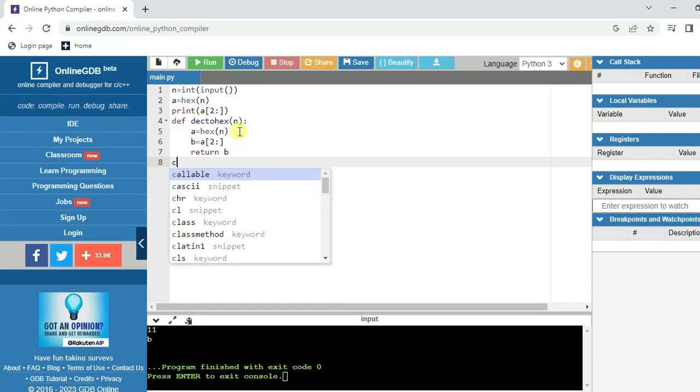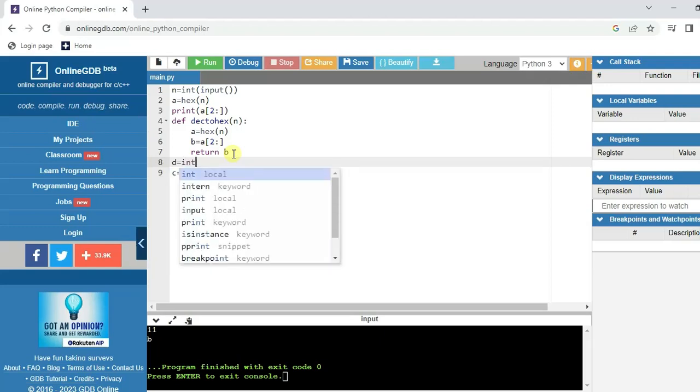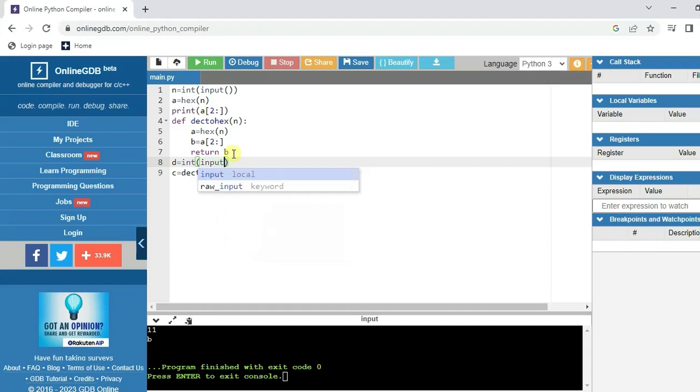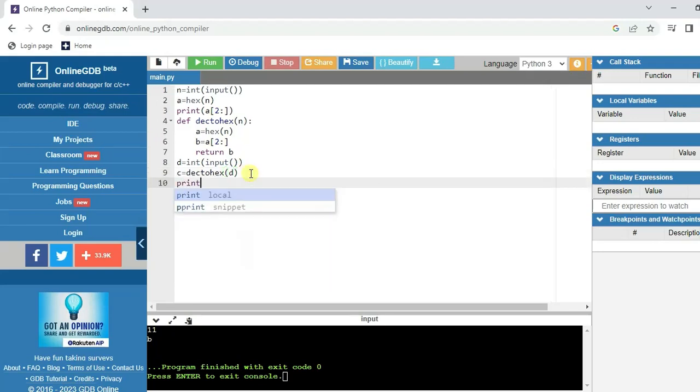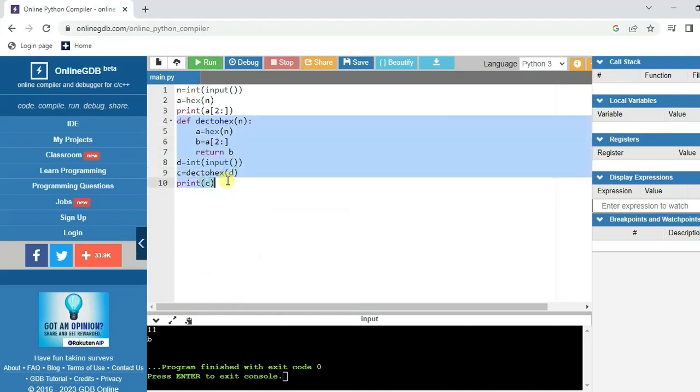Then c is equal to the same, calling the function. Let the input be taken as int of input. We will send it here, and we are asking to print c. If you are confused with this,